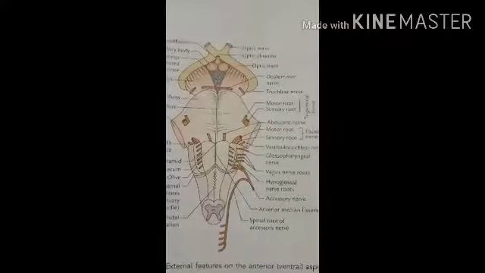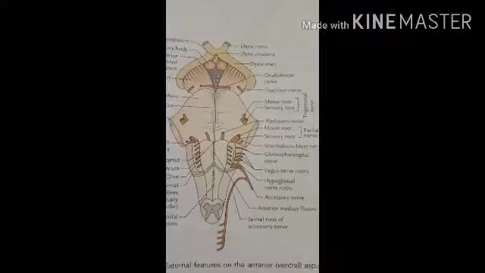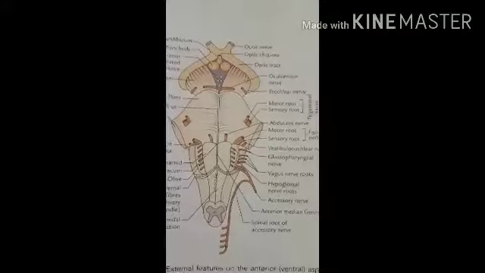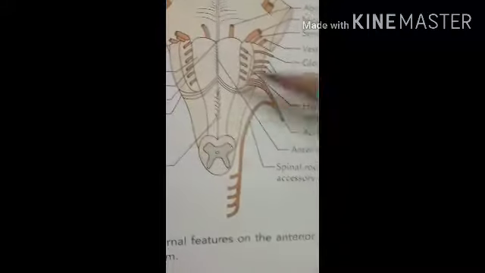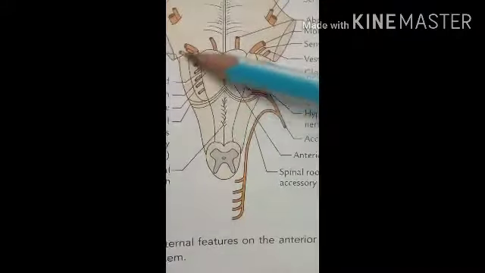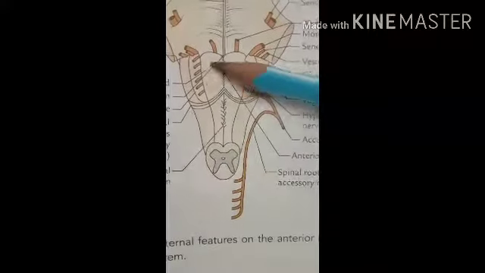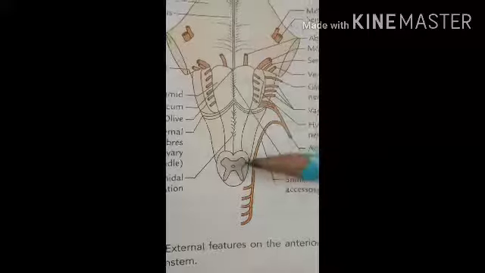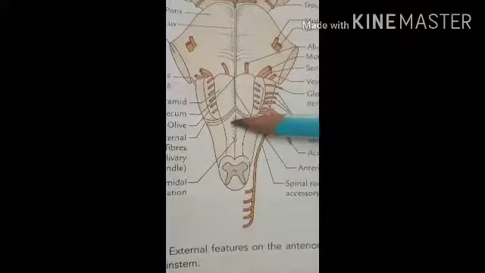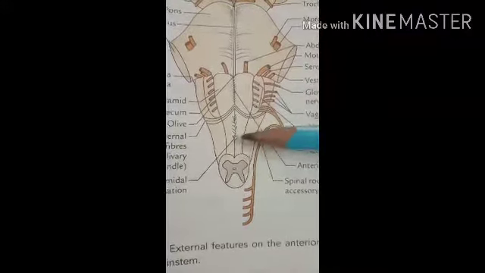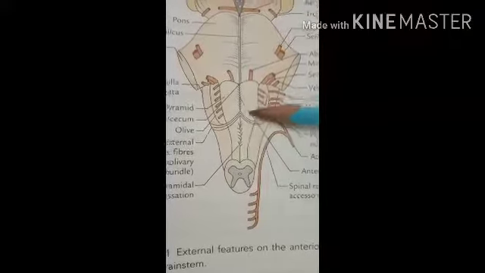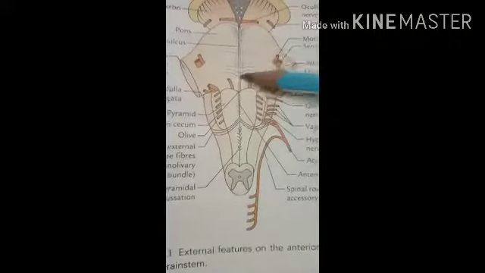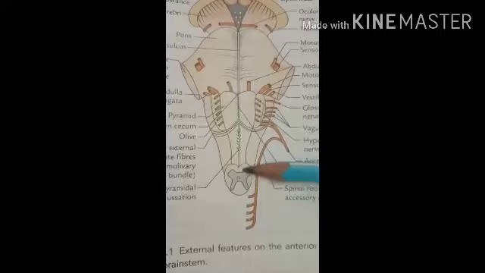So after completion of the cranial nerves, let's see the medulla oblongata. The medulla oblongata, in Ayurveda, is called the Sushumna Shirsha. The medulla oblongata is the caudal and ventral part of the hindbrain, and it is continuous above with the pons and below with the spinal cord.